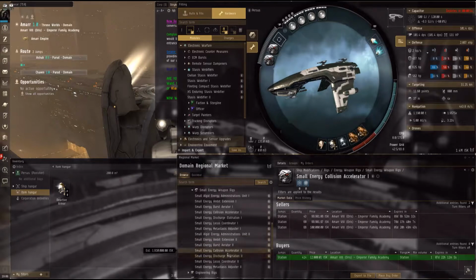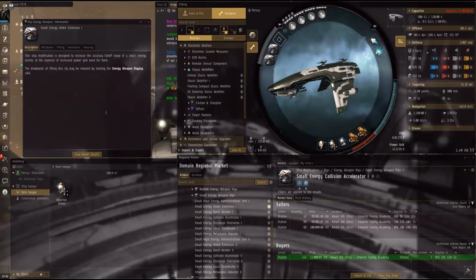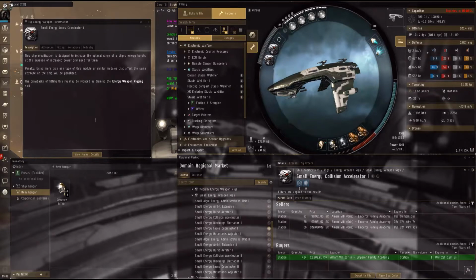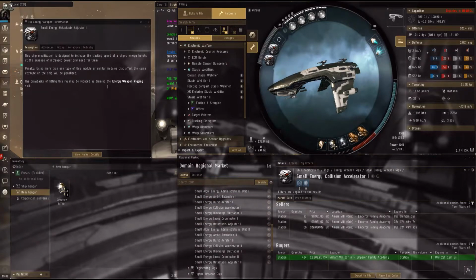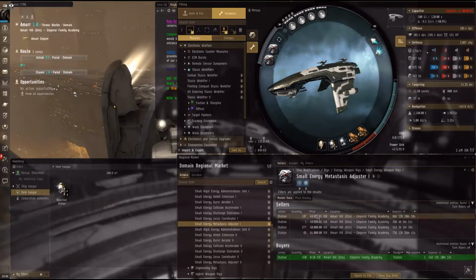tracking. Let's speed up the tracking of your weapons. Burst ambit extension, what does that do? Increase the accuracy fall off range of the ship's energy turrets at the expense of increased power grid need for them. Locus coordinator, that's optimal range. Metastasis adjuster: increase tracking speed for the... Okay, tracking speed is a necessary thing because...